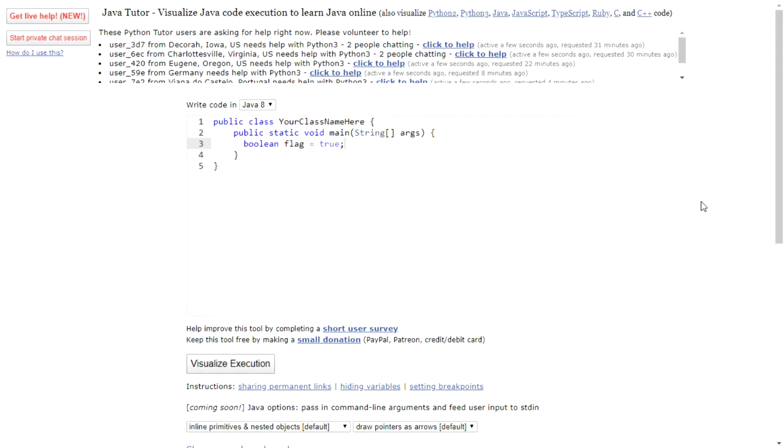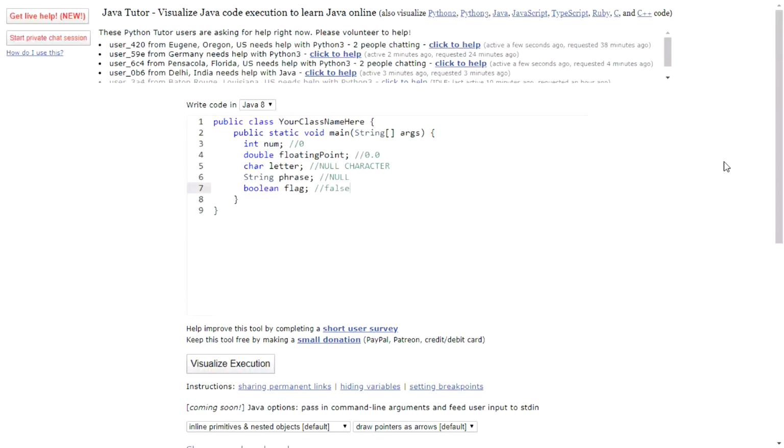A Boolean is set to either true or false, which is essentially a 1 or a 0. It's quite simple. There aren't really many complications to Booleans. One thing to note with these variables is if no value has been assigned to them, their designated value will